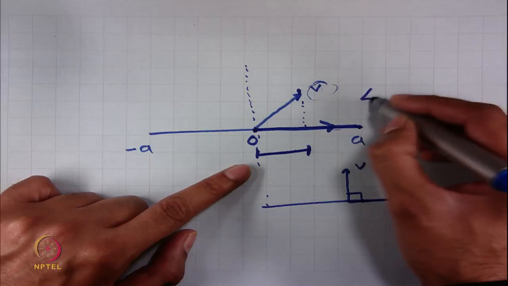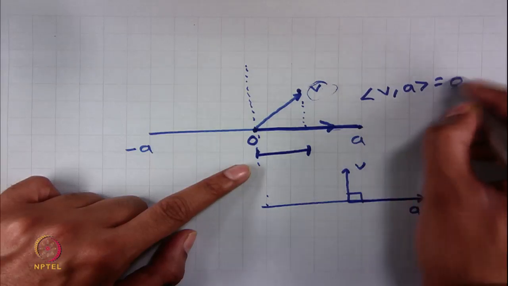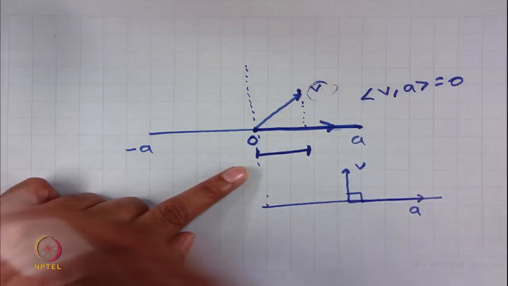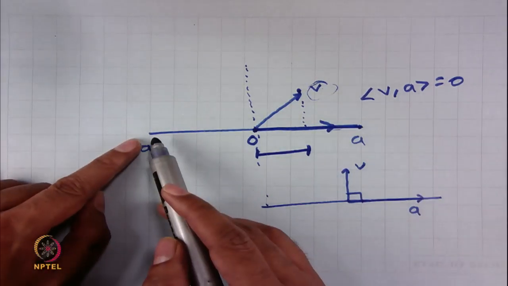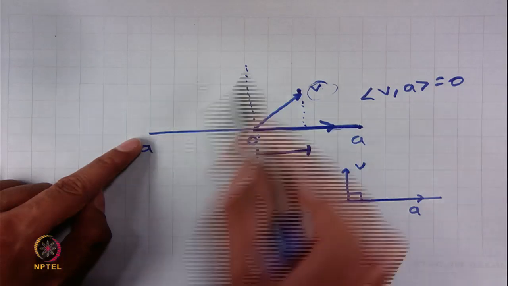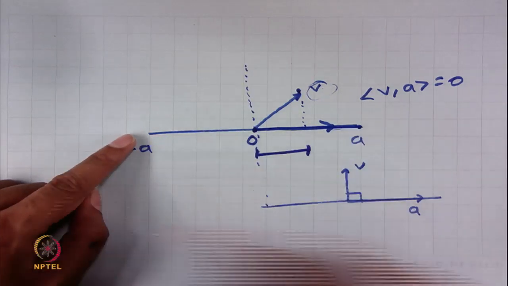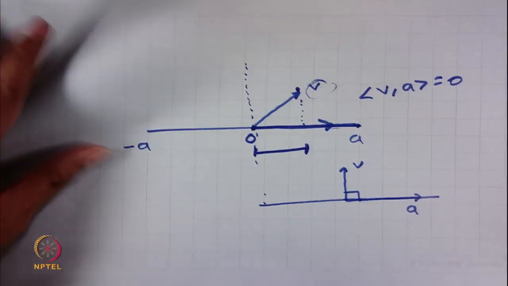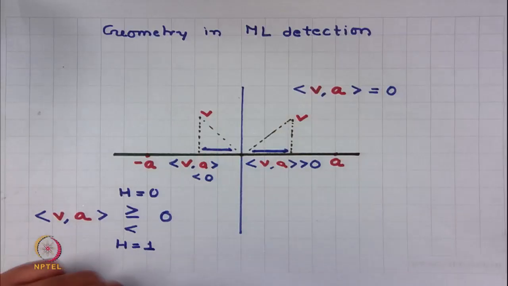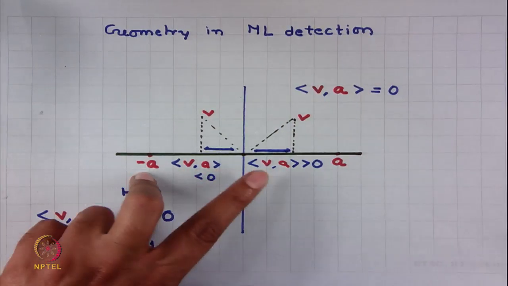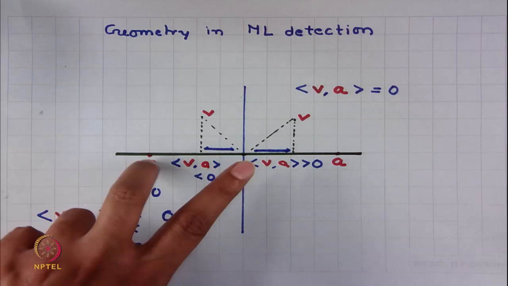So, when the inner product of V with A is 0, you know that this point lies on a perpendicular bisector for a line which is connecting minus A and A. So, this threshold is simply the perpendicular bisector of the line connecting minus A and A,